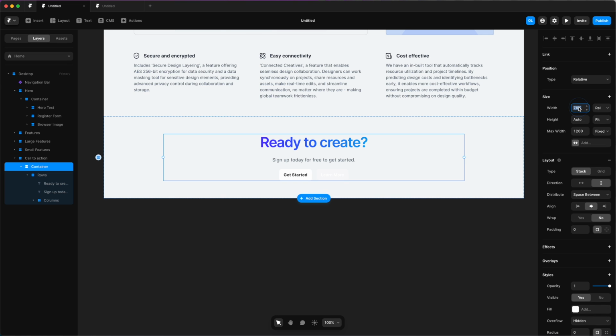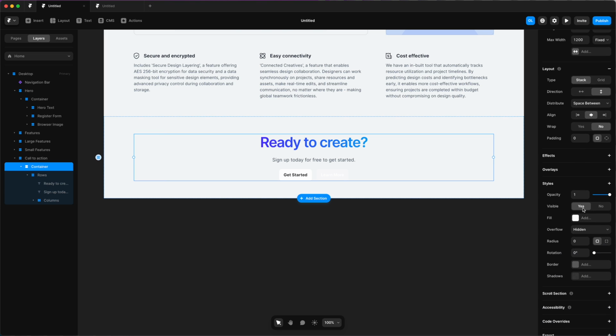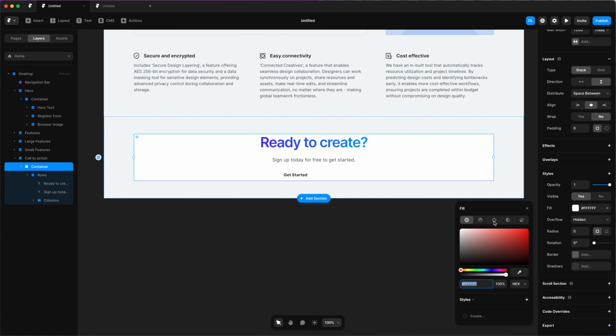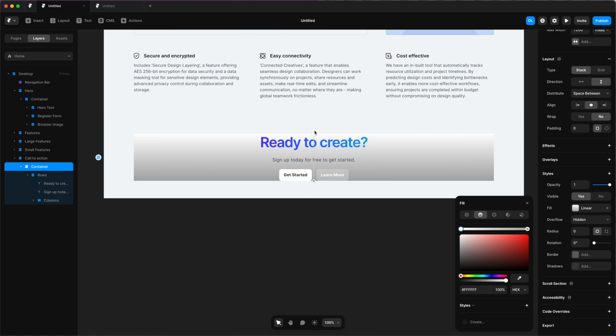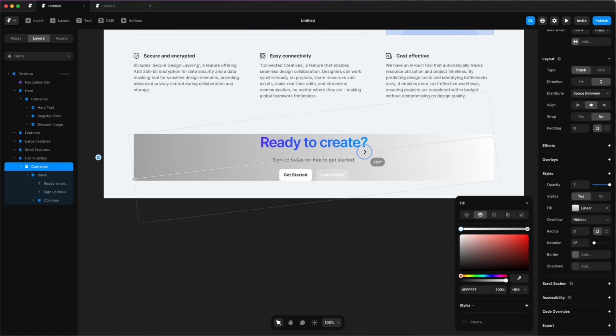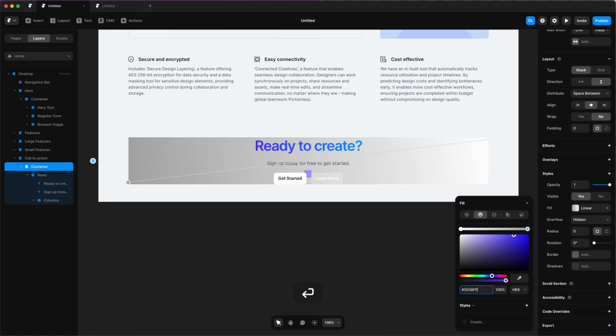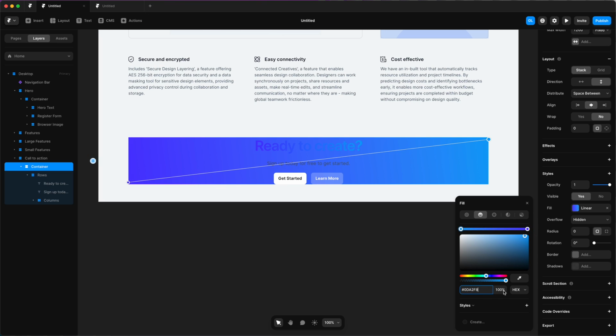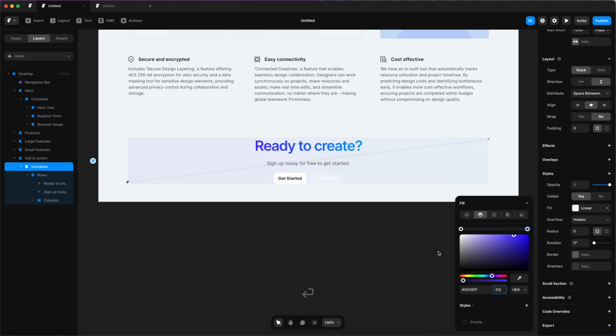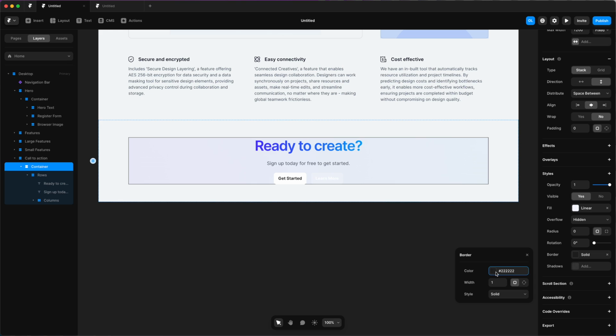We want to change the container width to 100%. And then change the fill. We'll add a gradient to this and rotate the gradient as well. Change the color. We're actually going to reduce the opacity to 5% for each of the colors, because we just want it to look very subtle, then we're going to add a border, add a radius, change the padding,